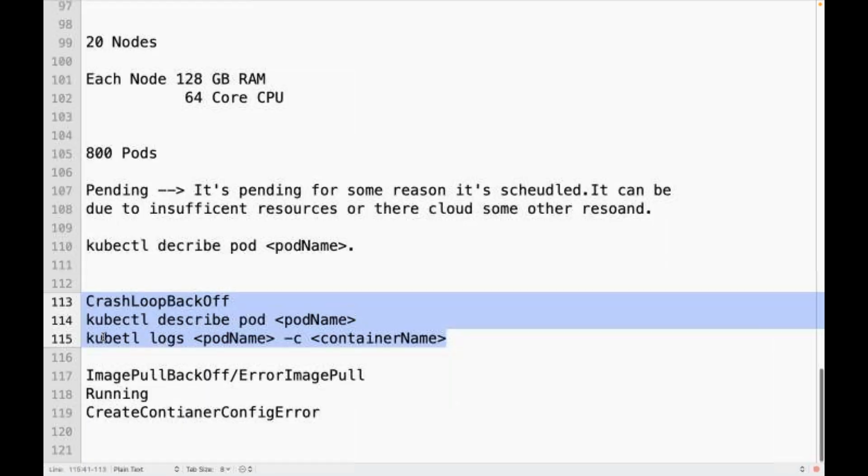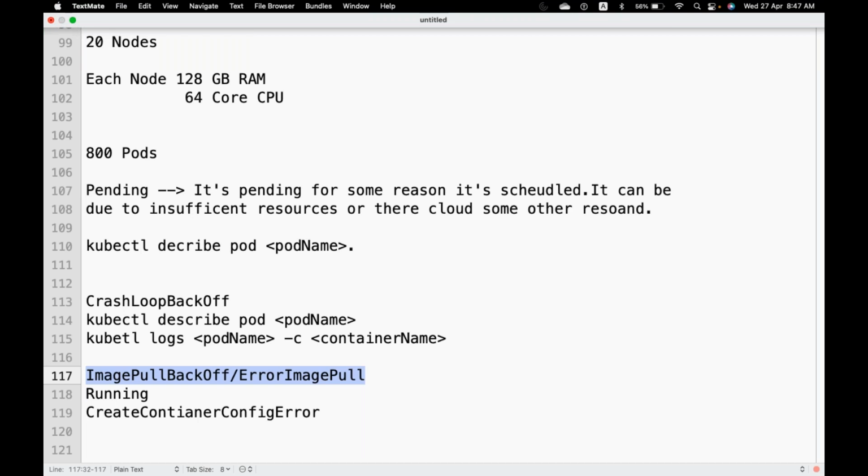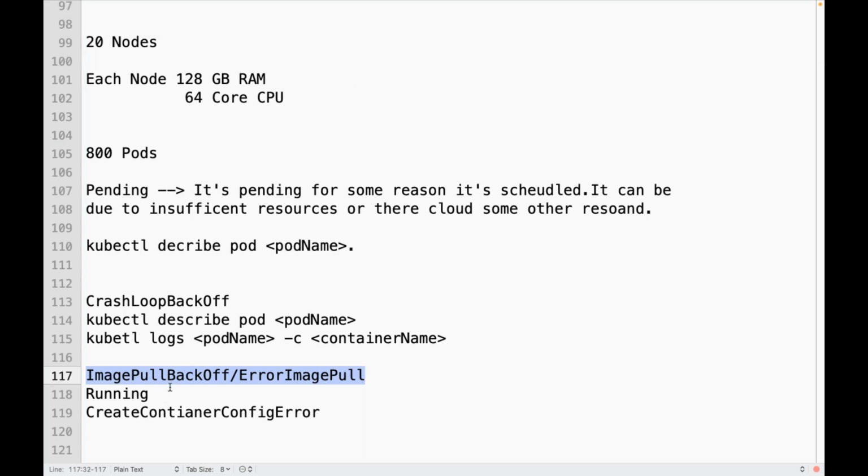Yes. Then what is this ErrImagePull error? We already discussed what this ErrImagePull is. It is not able to pull the image for two reasons. What is that reason? Wrong registry details. If it is a private registry and you are not authenticating, will you get the same message? Even though your registry is correct, if it is a private image and you are not authenticating, same problem. If it is running, no issues.